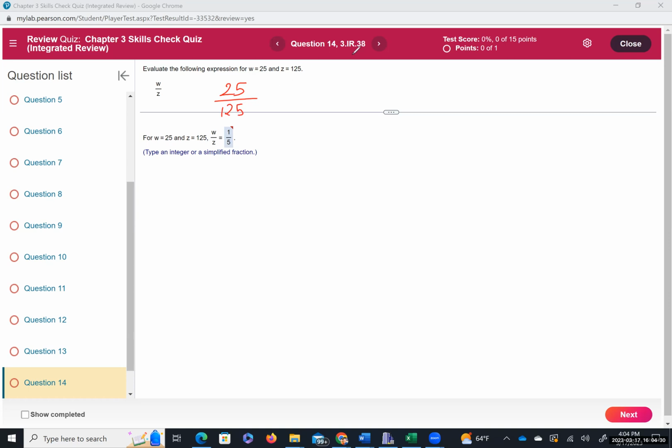You can simplify this. 25 is 5 times 5. 125 is 5 times 5 times 5, only three 5s. 25 times 5 is 125. So you can cancel the common factor and the top is only 1. So 1/5